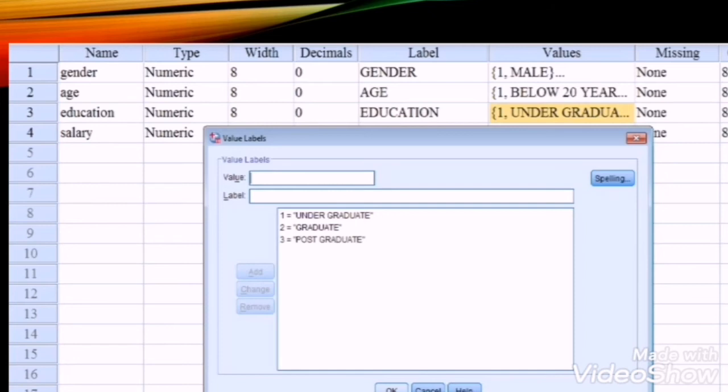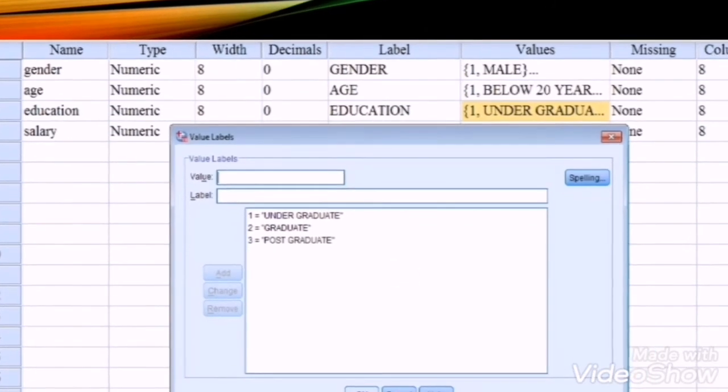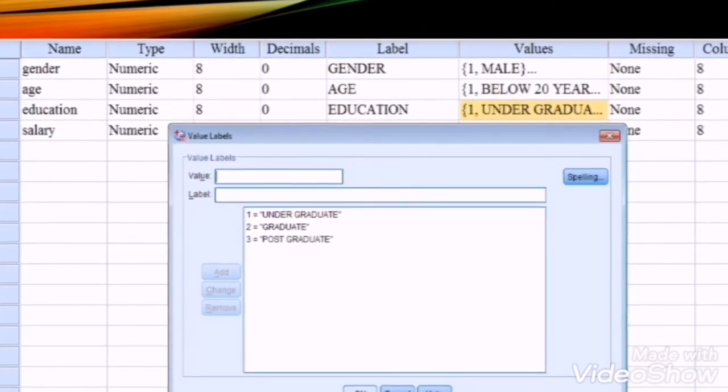In the decimals, it is better to change the decimals to 0 here. And in the label, you type the detailed description, and better you use uppercase, because the format in which you want the display in the output decides your label.